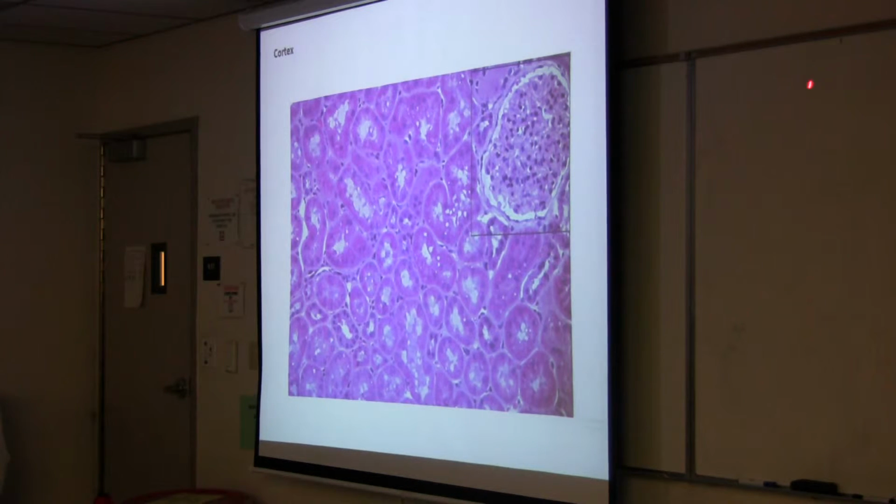So cortex, we know it's cortex, bless you, because over here is our capsule, and these would be the proximal convoluted tubules. All right, so for the distal, this would be distal right here, with a cleaner edge, okay? Usually not quite as large a diameter. So your histology quiz on Thursday could be from this slide,